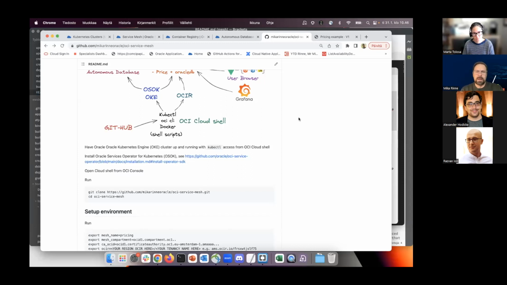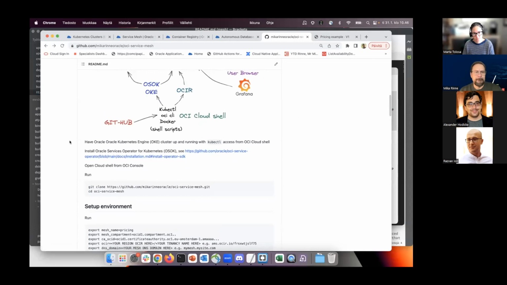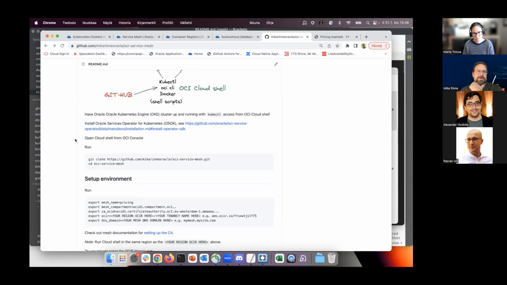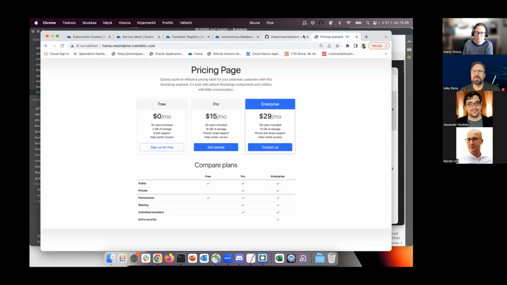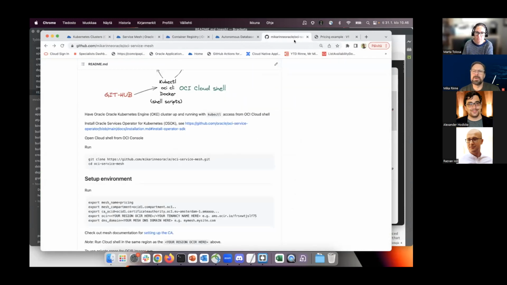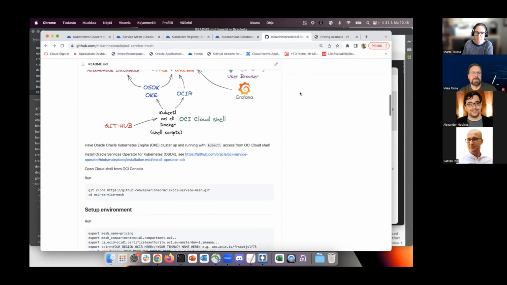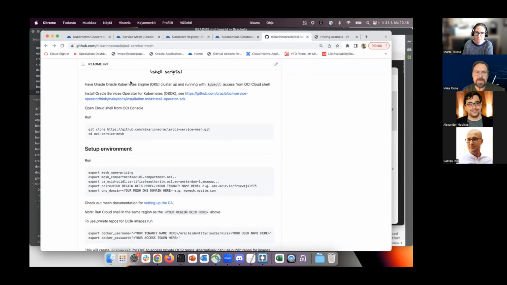So okay, yeah, first of all, you need to clone that repo to CloudShell, which I have here. CloudShell is open here. I have cloned the repo. I have my OKE cluster running here, and okay, let me go back. Sorry, here the menus are a little bit on top. Okay, yeah. So the prerequisite for the demo is that you have the OKE cluster up and running, and